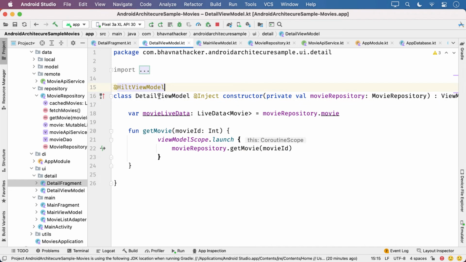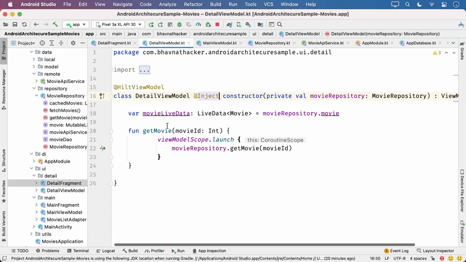Two things we did: at the top of the view model class we say @HiltViewModel, and we say @Inject constructor.